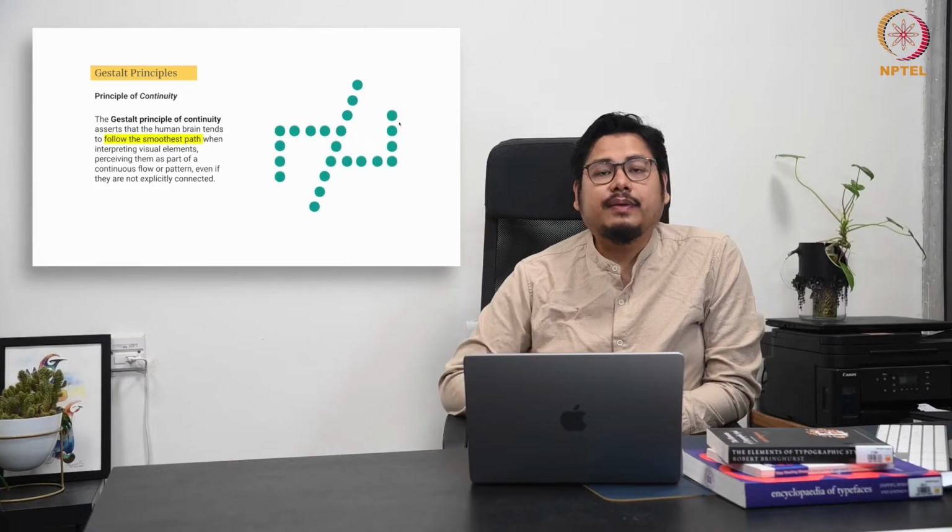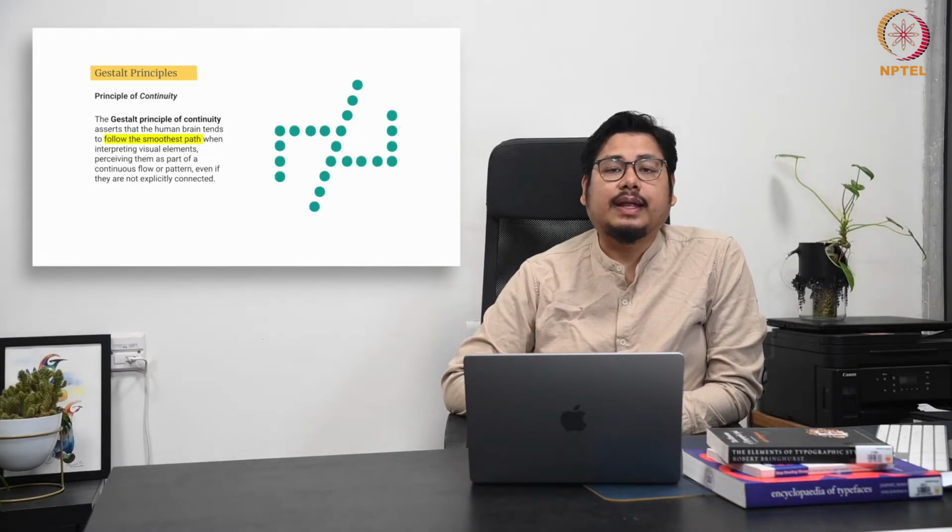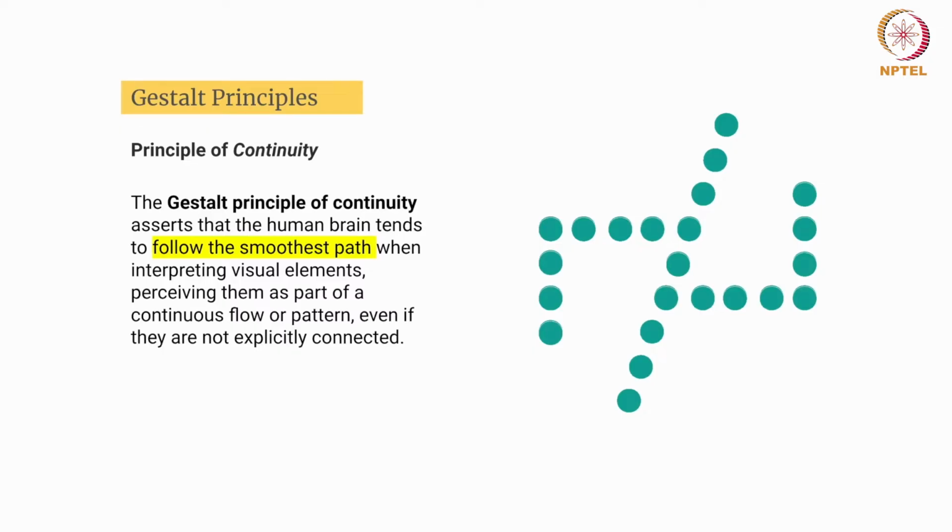This principle reflects our tendency to organize elements in a way that avoids abrupt changes or interpretation, creating a sense of harmony and direction in visual design. If you see the previous image, it was following that path. Suddenly, if I add this diagonal line here, your eye will take the smoothest and simplest path. It will never try to take the abrupt way of representation. Initially, it will follow the smoothest path, then gradually follow the other ways around, unless the user has been asked to navigate through that.